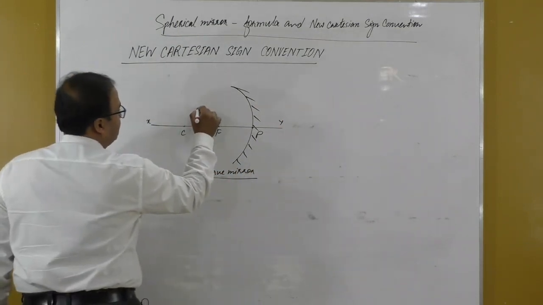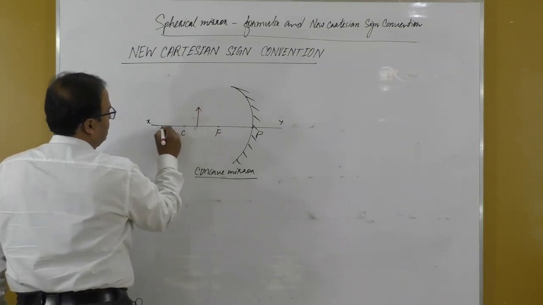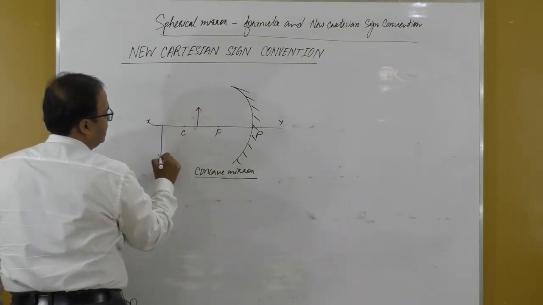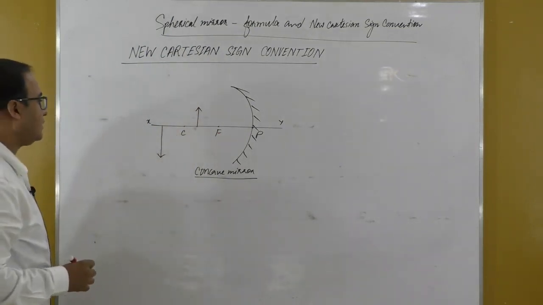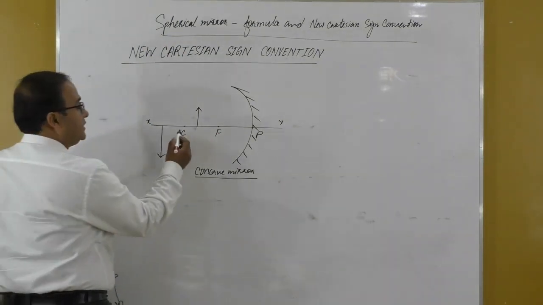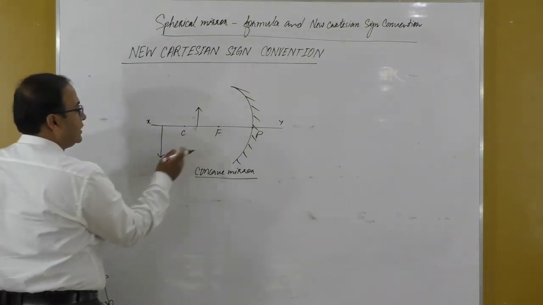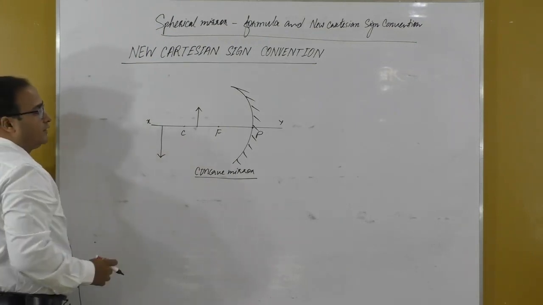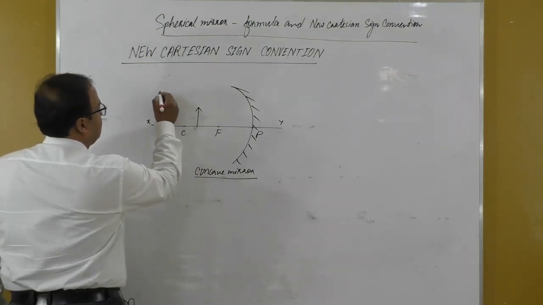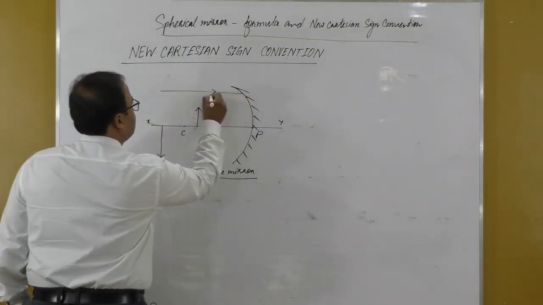If I place an object here, the image is formed here. If the object is placed between the center of curvature and focus, the image is formed beyond the center of curvature, and the direction of the incident ray will be this,